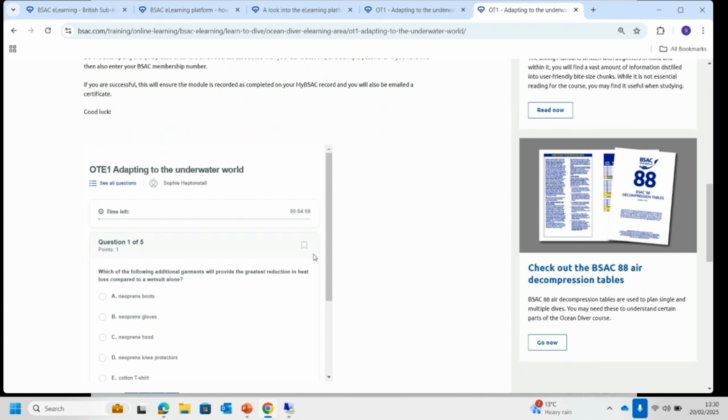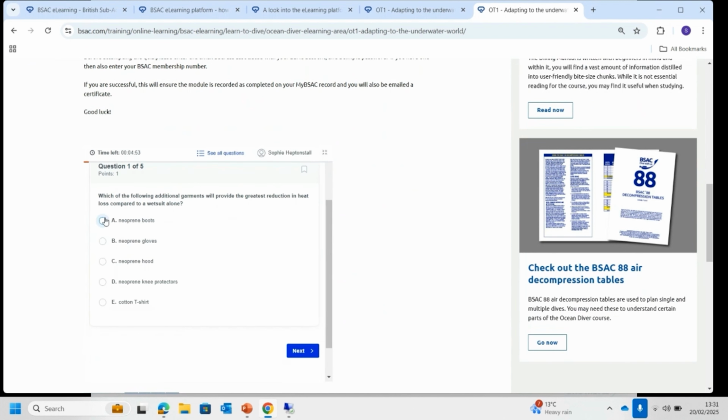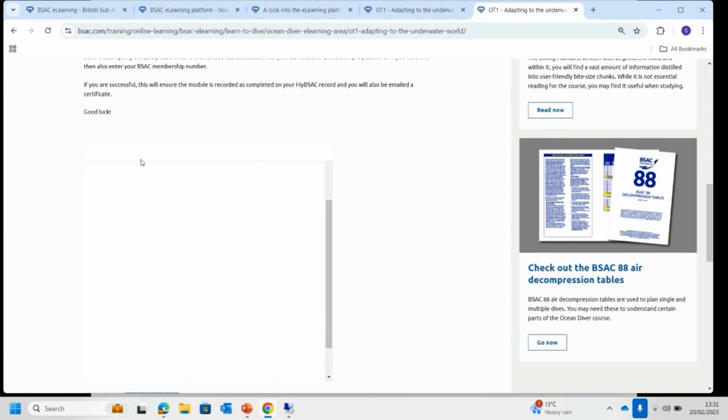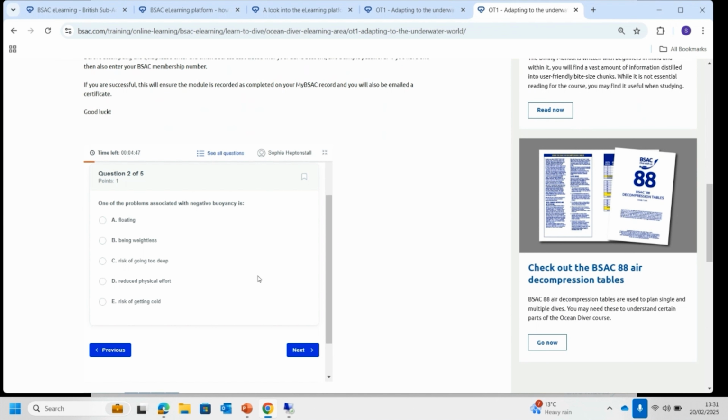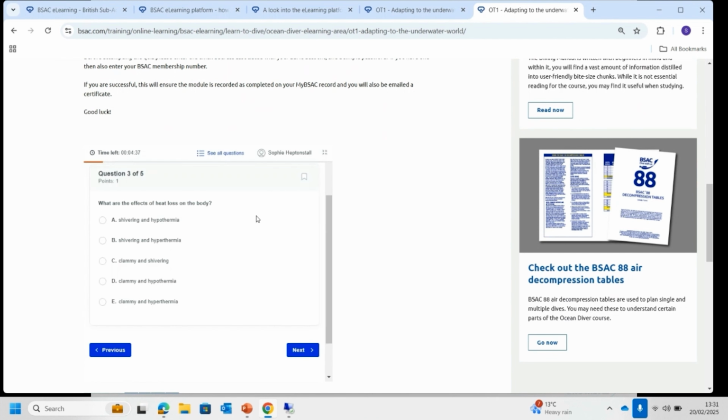If I click continue, then all the questions will come up here, and then it's just a tick option. I've got my timer at the top. I start to work through the questions. There's 5 in each section. And then if I click the wrong answer,